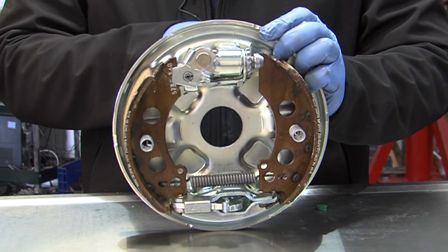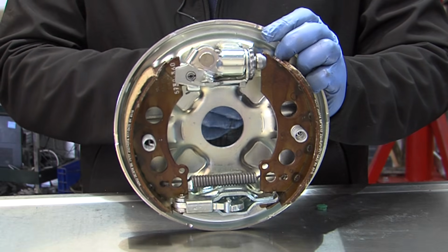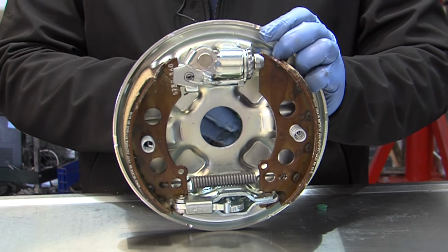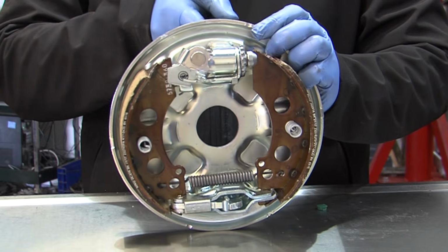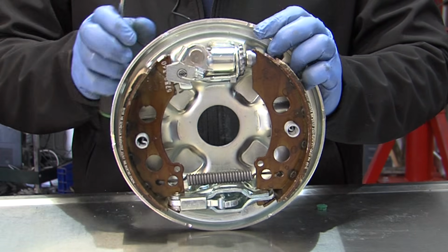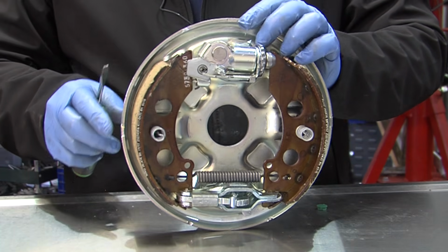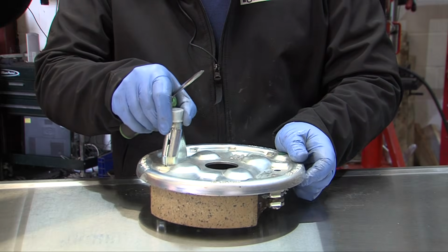So 1, 2, 3, 4, 7, 9. This should then let your brake drum move with a slight noise from the brake shoes just catching as